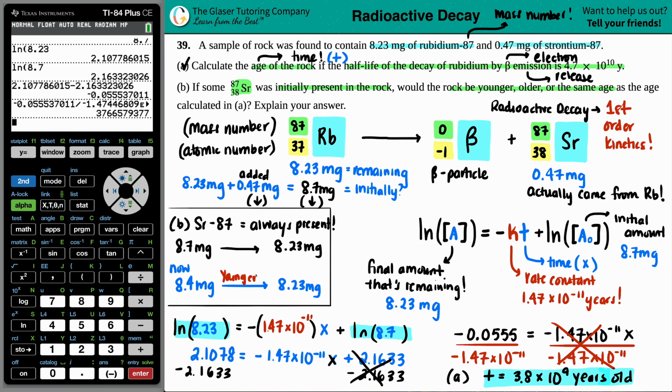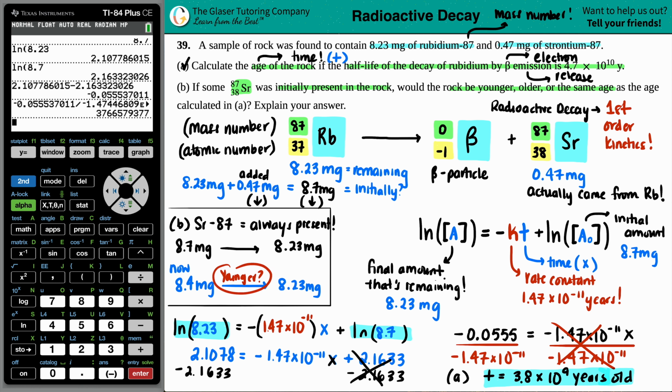If you did, you're absolutely correct. The less amount that it decays, that means the less time went on, right? The more amount that it decayed, that means more time went on. So as more decays, more time has totally gone on. So if you're starting out at 8.4 and you're only decaying to the same amount, then it definitely has to